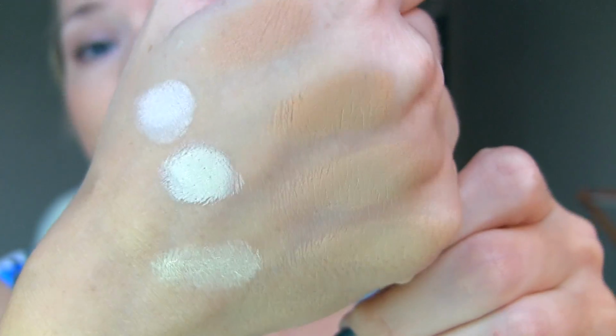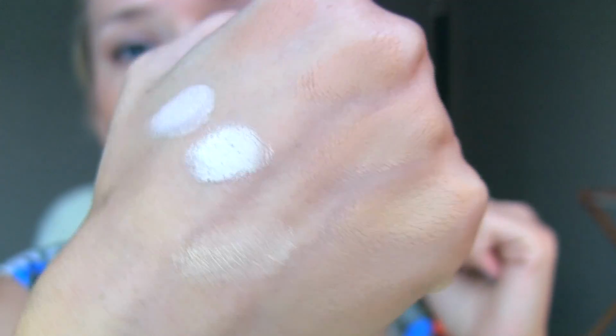So there is corrector and concealer and a setting powder. You can easily see how white, I mean, they literally look white on my skin tone, so I cannot really use this. So what I'm gonna do, I'm gonna basically just disinfect them